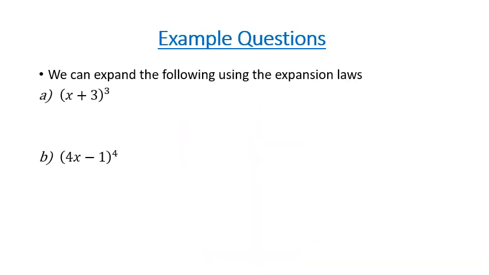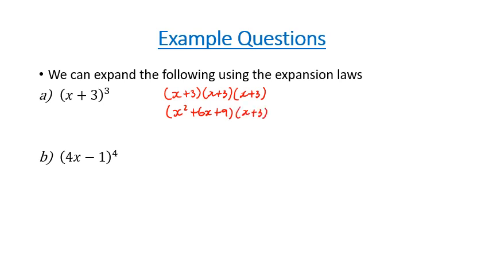I'm just going to go through some example questions here about expanding when we're looking at a power that's greater than 2. We've been looking at perfect square and the difference of two squares, binomial expansion, but only with a power of 2. So we're going to look at the power of 3 now. Again, x plus 3, x plus 3, x plus 3, expanding them out. I can see the first two make the perfect square, so I know straight away this is x squared plus 6x plus 9,